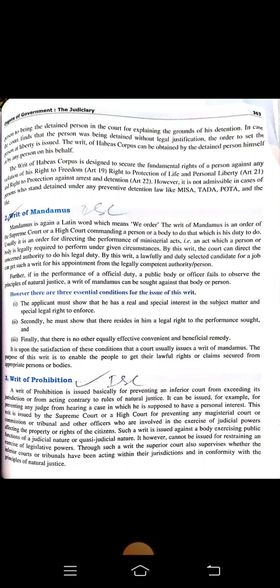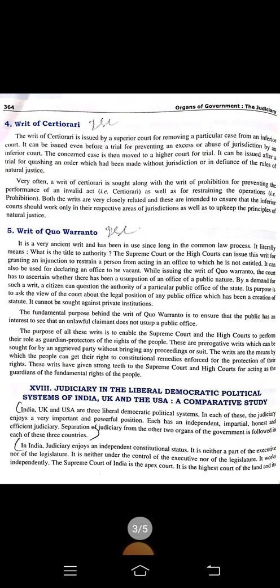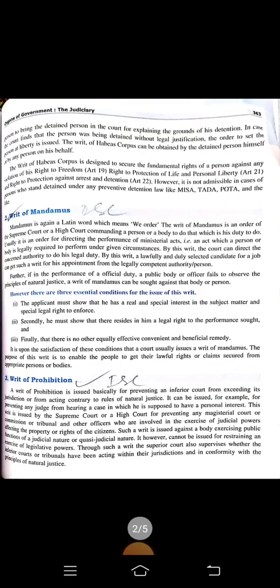which is provided in Article 32. But other than that, if there are some other cases like TADA, POTA, MISA, these are laws under which they can detain. These are the black laws, and if anybody is detained under these, then habeas corpus will not work against this because they are suspected to be terrorists. Okay, next we have